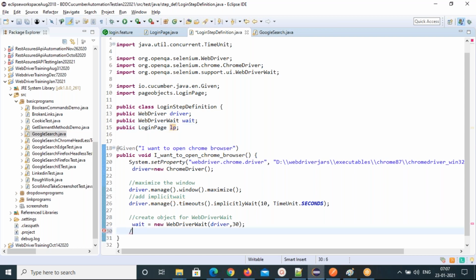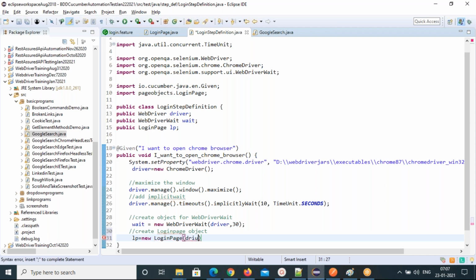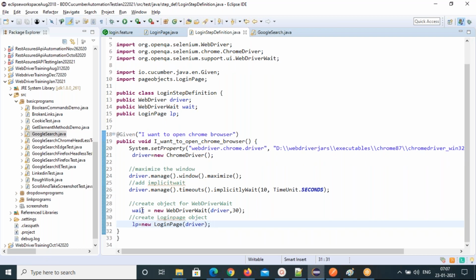Then I need to create the login page object also. So LP equal to new LoginPage. You need to pass the driver, right? There is a constructor, and that constructor we are using. That's our first step development.